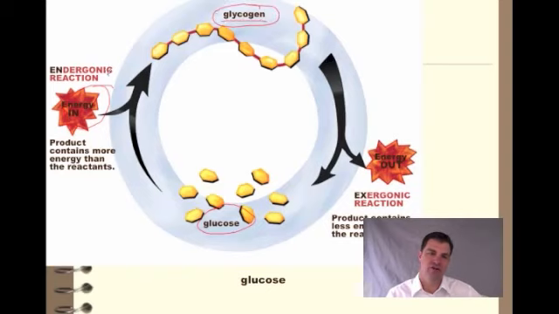So that would be an endergonic reaction. If you were to take glycogen or starch or another energy-rich polysaccharide, you could break that down, and as you break that down, you could get some of the energy out of that, and that would be an exergonic reaction. But once again, if you look at this picture here, going from glucose to glycogen, you might think that you